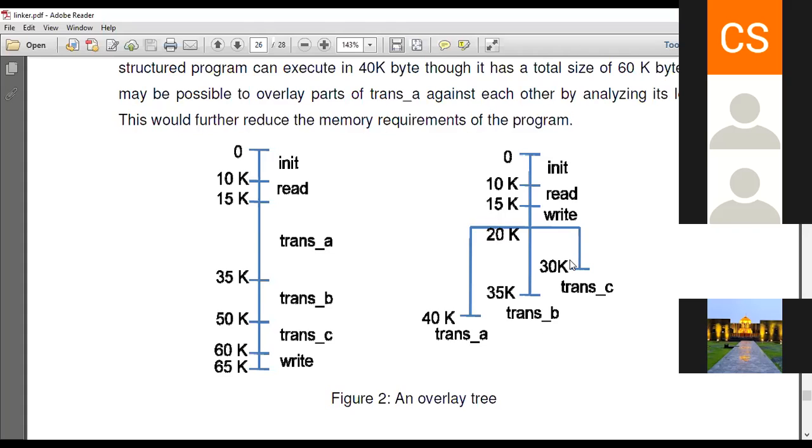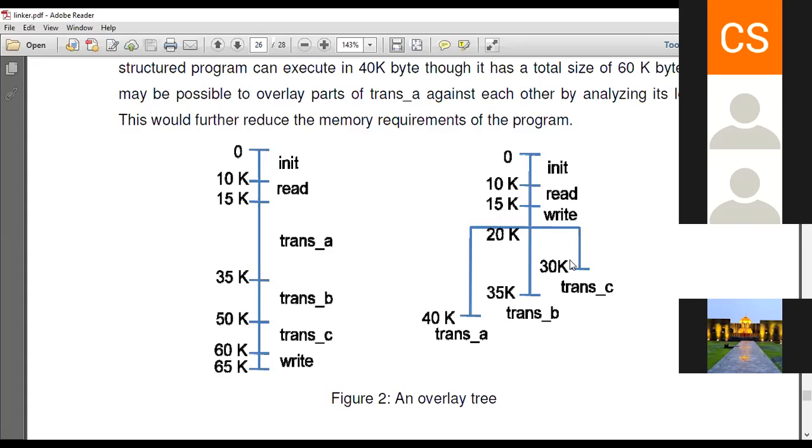Now, previously, if we are working without overlay, then in that execution you have to load the whole program having the size 65K. That whole program will be loaded into the memory and its execution will be performed.